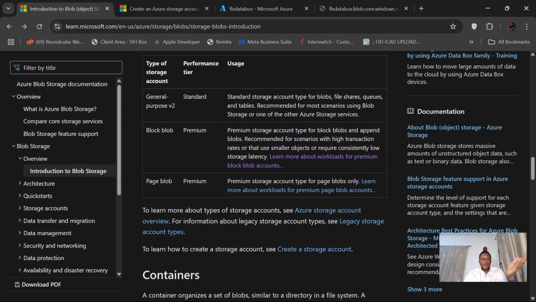The following table describes different types of storage accounts that are supported for blob storage. So we have the general purpose V2, and the performance tier here is standard. Standard storage account type for blobs, file shares, queues, and tables. Recommended for scenarios using blob storage or one of the other Azure storage services. So this one here, the general purpose V2 account encapsulates every kind of blob you might need. So it's being listed here, for blobs, for file shares, for queues, and for tables, and it's generally a cheaper type of storage account,